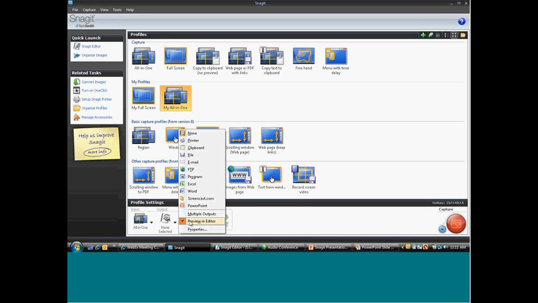And another thing is you can go to the TechSmith Snagit site, and under accessories you can add in additional output options. So some of the newest output options I noticed that they created